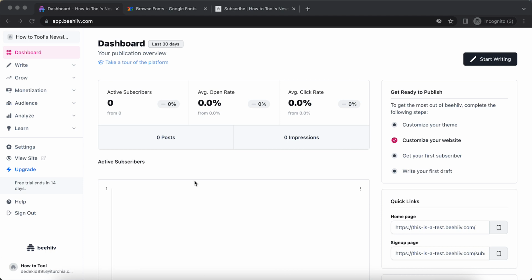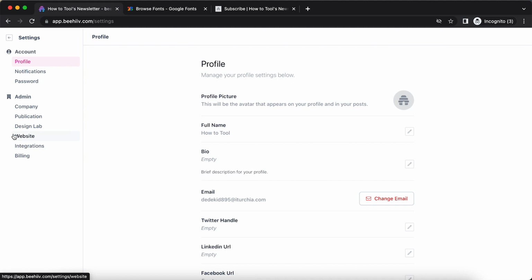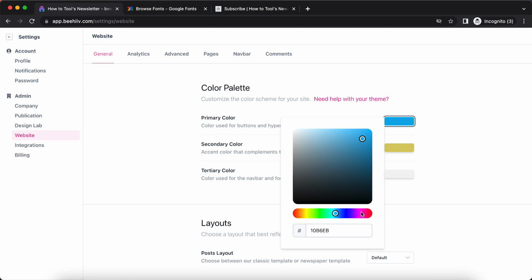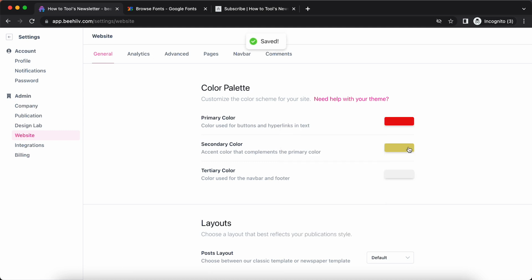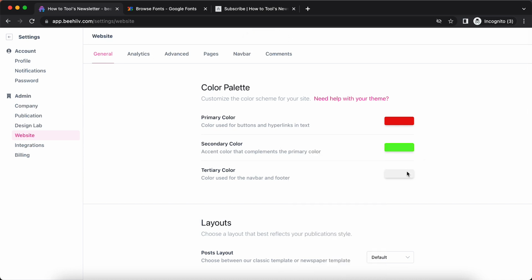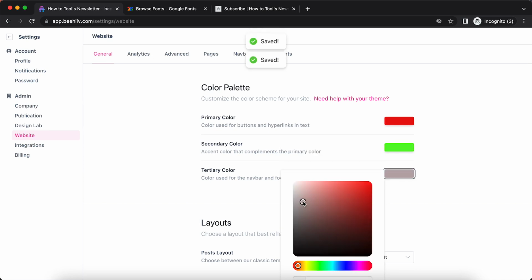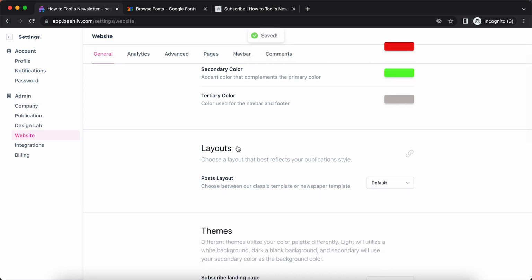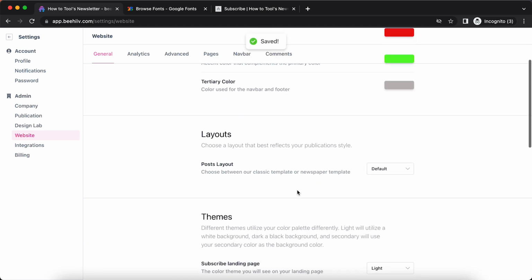So once you're in your dashboard, you need to go to the settings in the left sidebar and then tap on website. And as you can see, you can change the colors. So you can change the primary color, make this for example red, make this greenish, something like this. I'll make this for example gray. Of course you can just use your brand colors right here. And then the layout, you can make this in newspaper layout if you want to, but I definitely prefer the